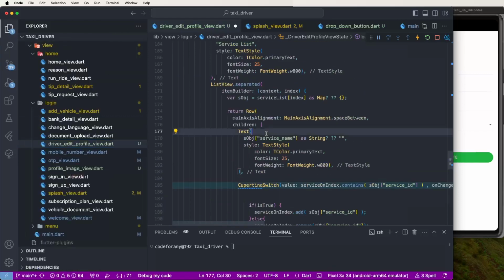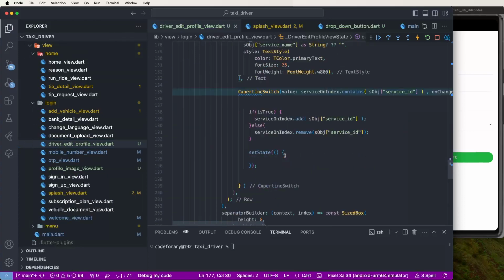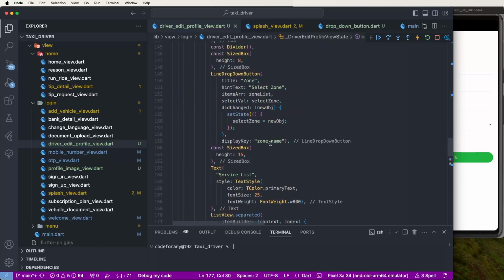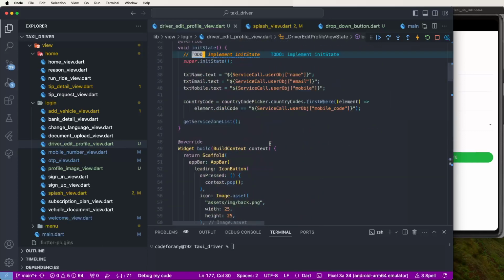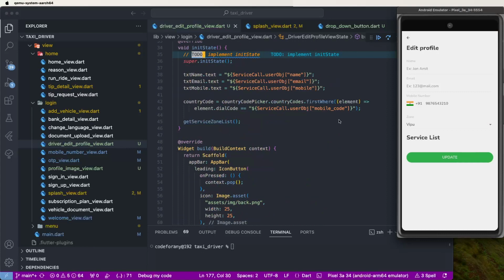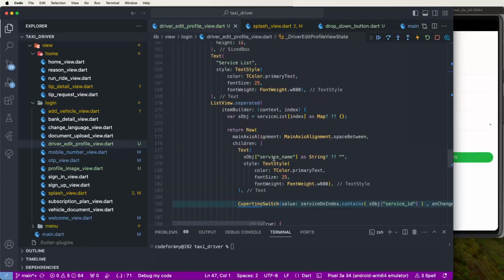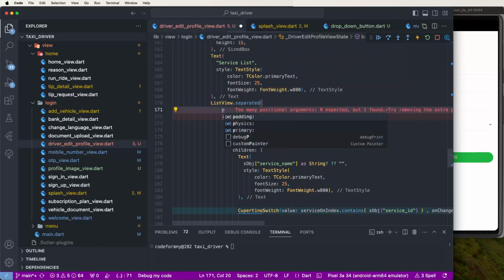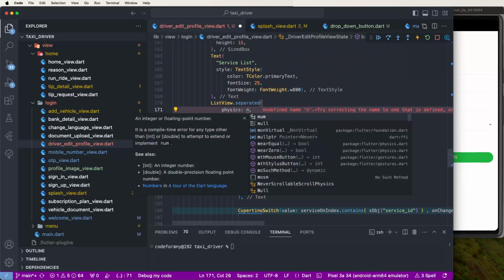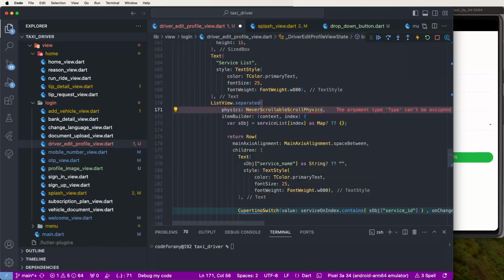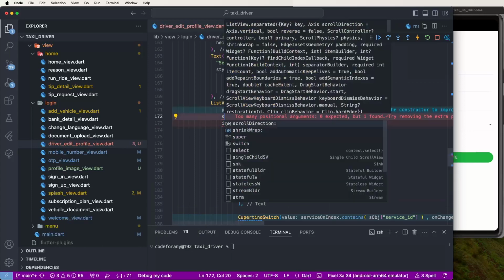Now need to save this here or someone wants here scroll here and to